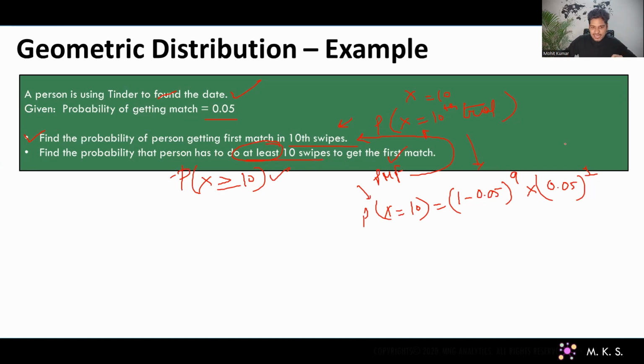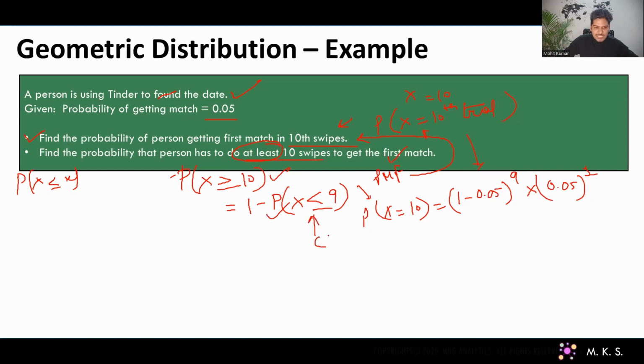Now just recall the concept of the cumulative distribution function, which talks about the probability of x less than or equal to small x, right? So here, this particular one, can we write in this form? X less than 9 or less than or equal to 9. Can we say in this particular form? Right? I think this is clear.